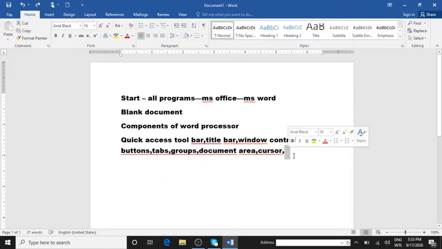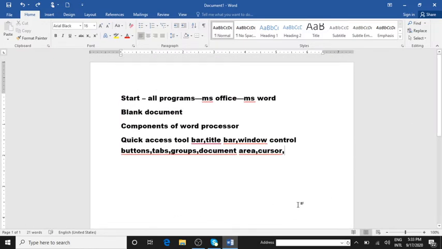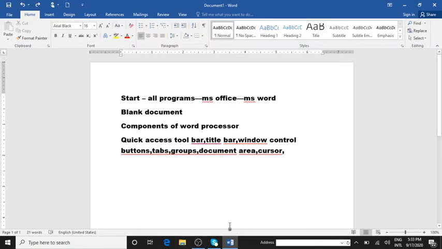Then the next one is the scroll bar. Can you see this moving up and down? And if you have contents to the right and left also, you'll get a bottom scroll bar, which moves left and right. This is vertical and the bottom part is horizontal. So up and down, right and left, that you call a scroll bar.